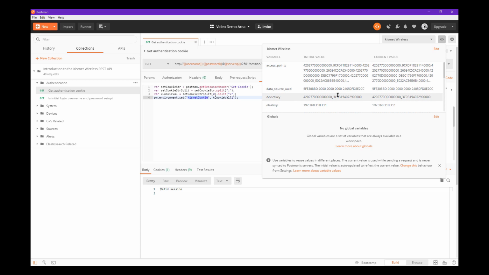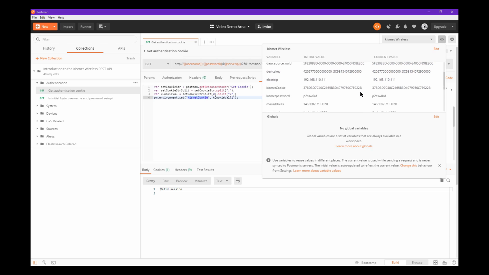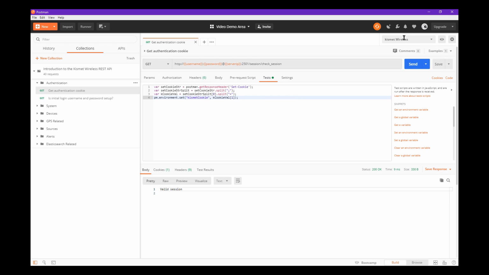That's up here in the environment variable where I've just set this Kismet cookie. So this is going to stay with me throughout this session. So now I can use the Kismet cookie in my other requests. So I can close this one